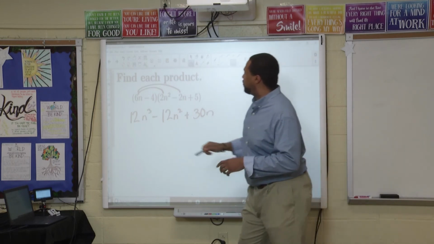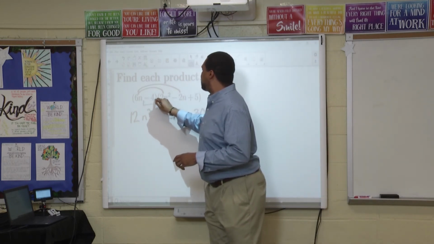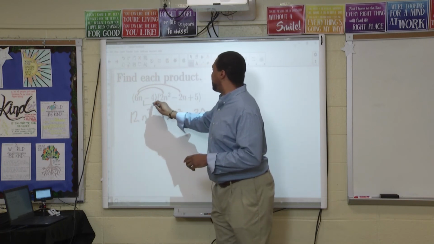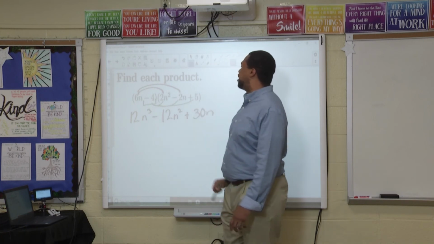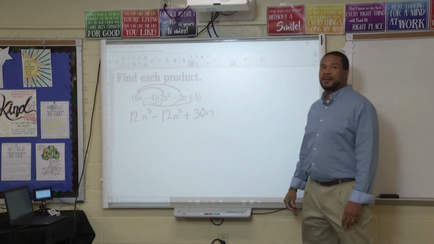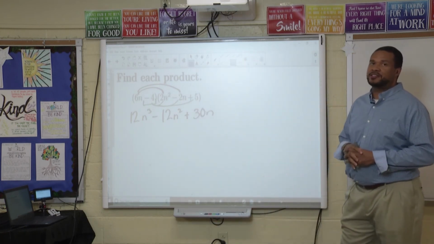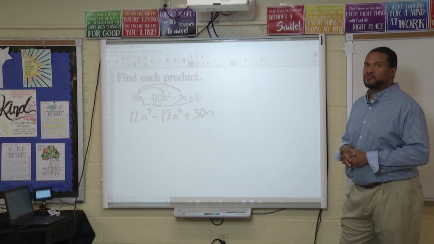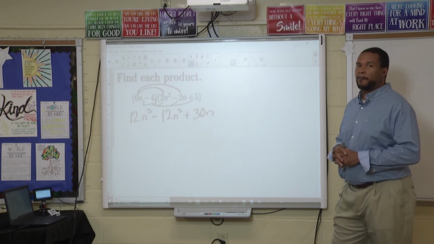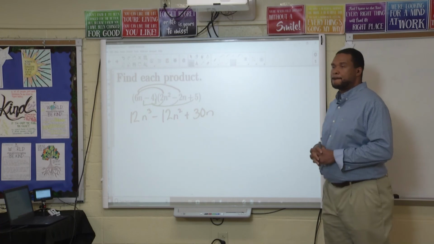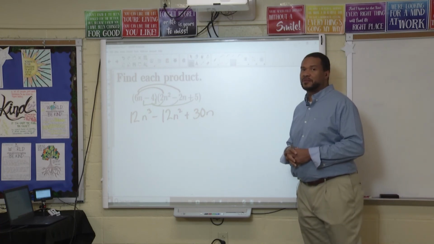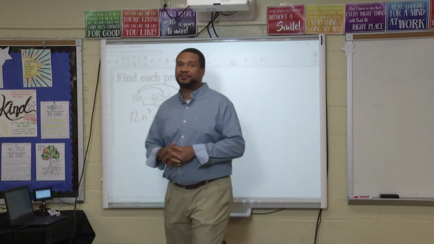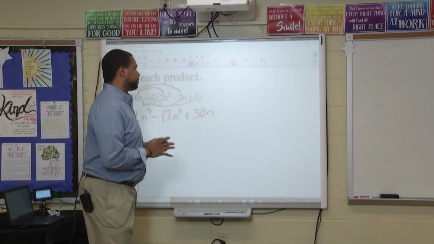So at home, you take this term, negative 4, and multiply it by each term in this trinomial. Combine your like terms. So if you think you can complete this correctly,